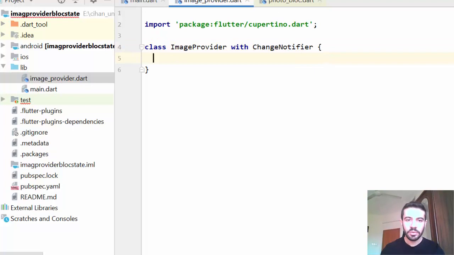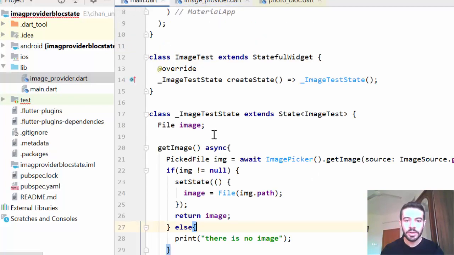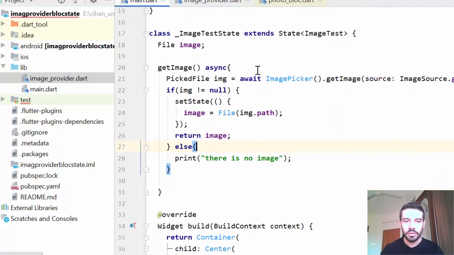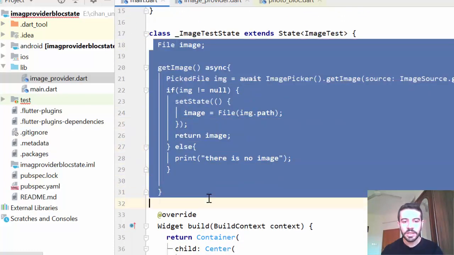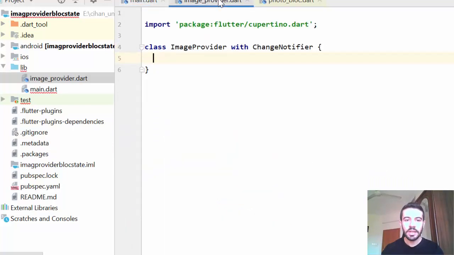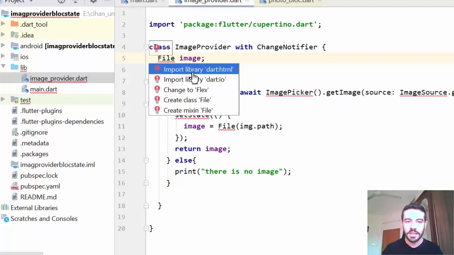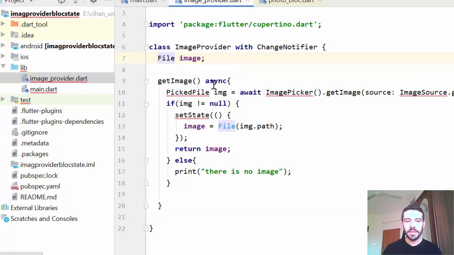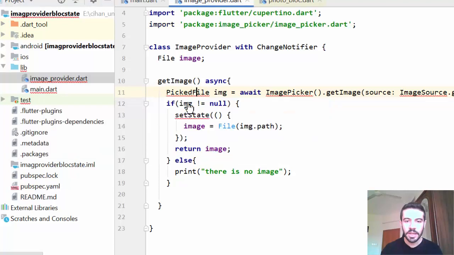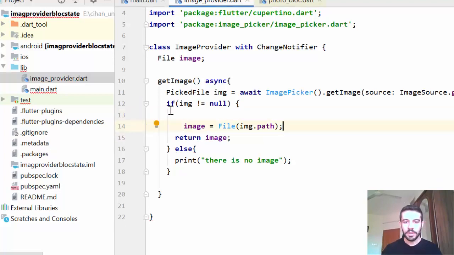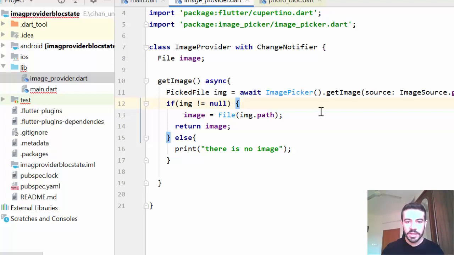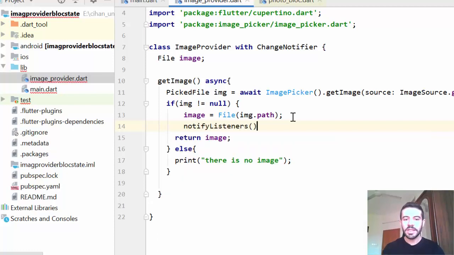So here I will just try to convert everything from here. I don't need any logic here now, so I can just cut this and add it here. Now I have a state inside it, and also the logic inside that. But here I don't need a set state. Here I create the logic, but whenever the state is changed, I just add notify listeners,